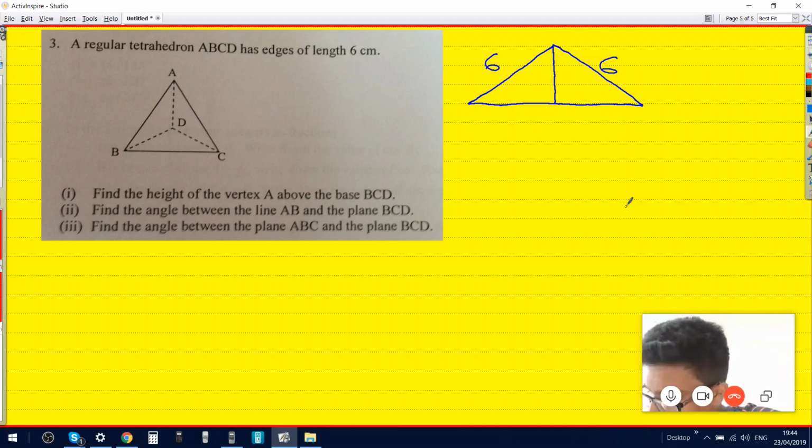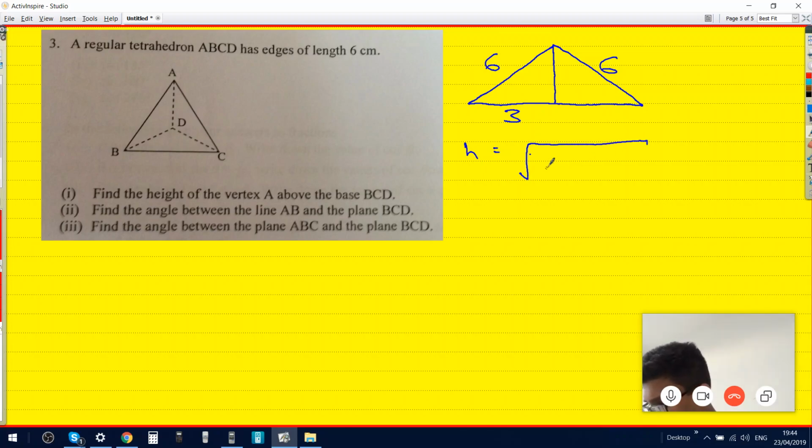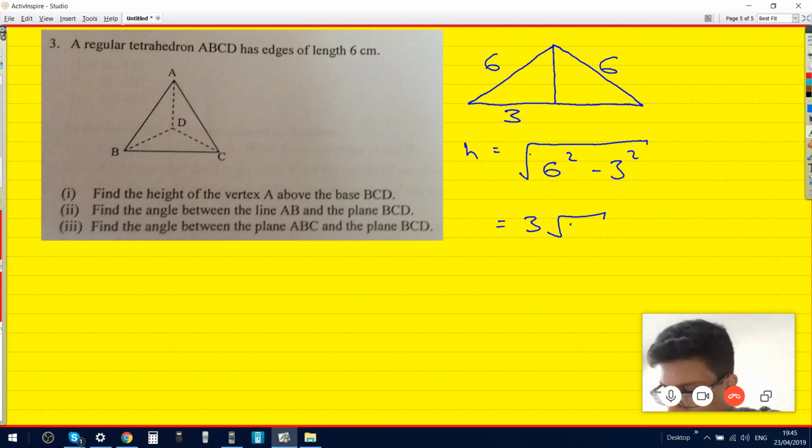Essentially, you've got another right angled triangle. The hypotenuse is 6, the base is 3. If I divide the base into 2 triangles, x equals the root of 6 squared minus 3 squared, giving us 3 root 3 for that length. We've got a base length and the length of the hypotenuse, so you can find